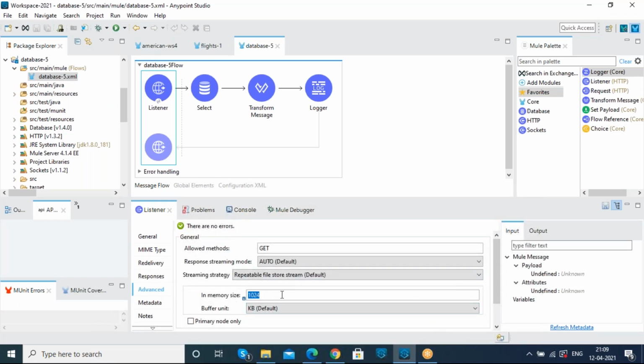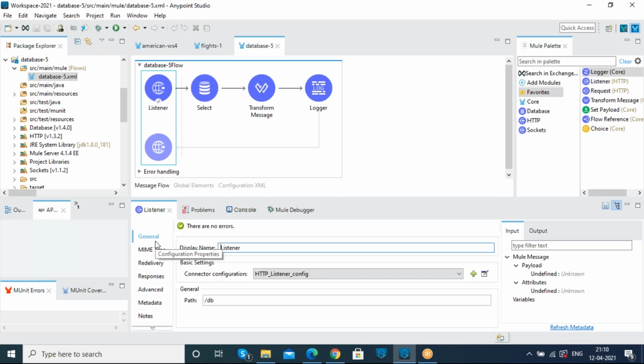Whatever payload we are receiving and displaying for the users, it should be collected either in GB or MB. Since we are not collecting that heavy database data, by default, that is okay for me. Okay? Any doubts?